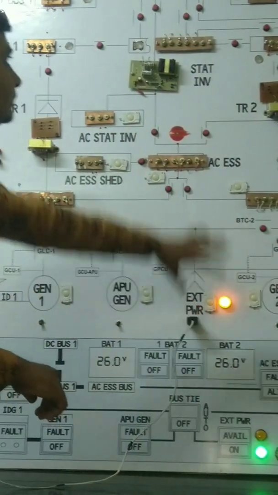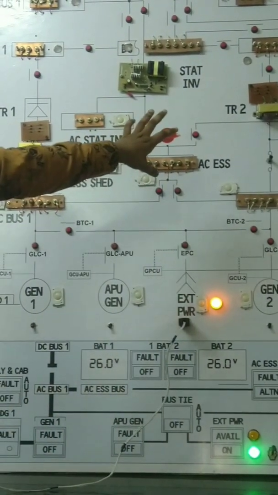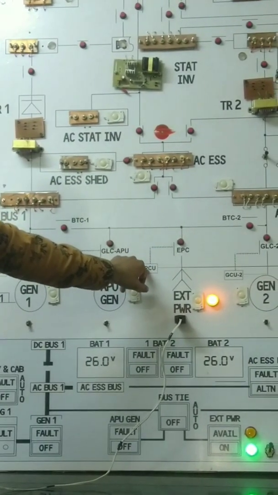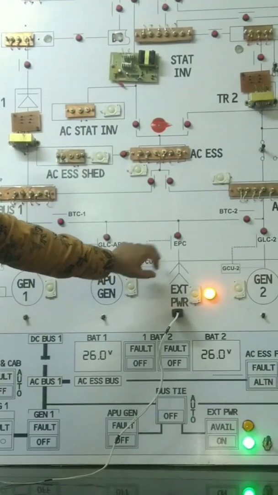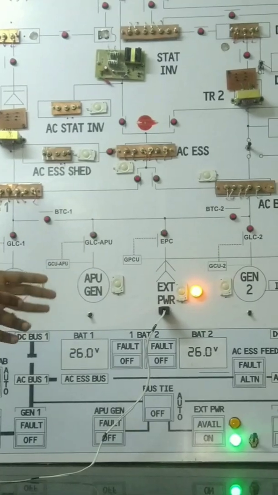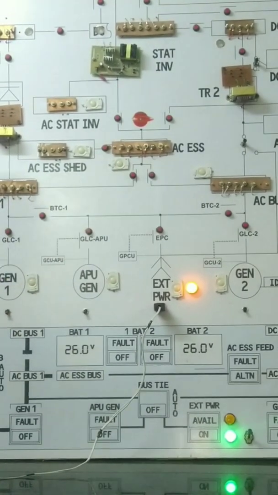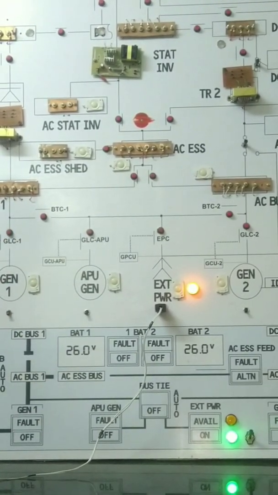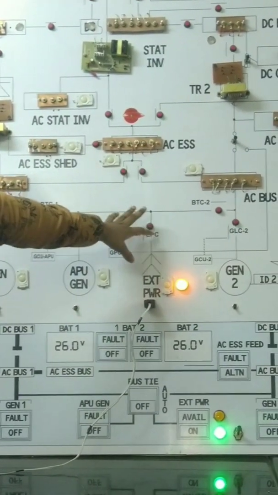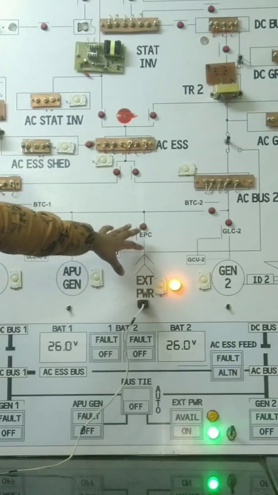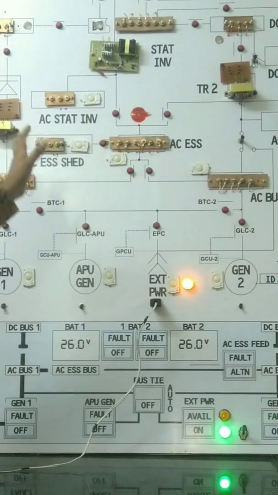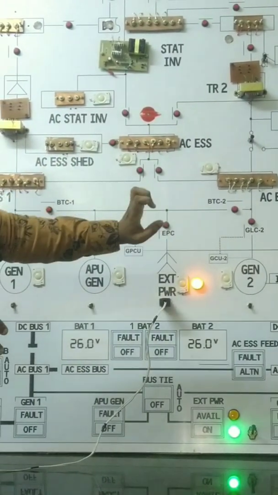Then I apply the external power supply to the whole aircraft electrical network by using the GPCU. GPCU, generator power control unit. Okay, the generator power control unit checks the external power supply voltage. If the external power supply voltage is 115 volt AC, 400 hertz constant frequency, then the GPCU controls the EPC, external power contactor. The GPCU protects the aircraft electrical network by using the EPC.